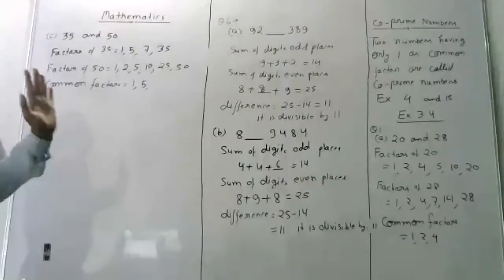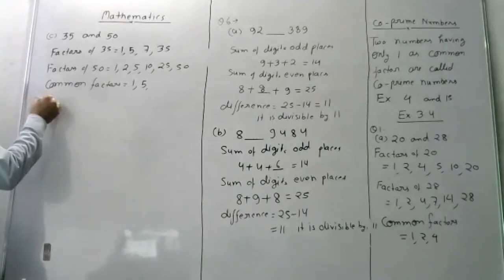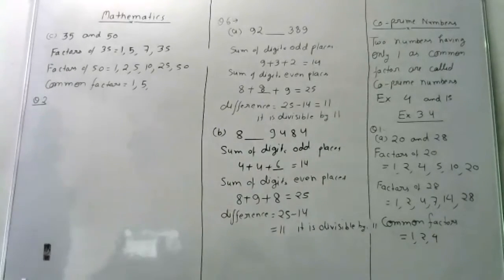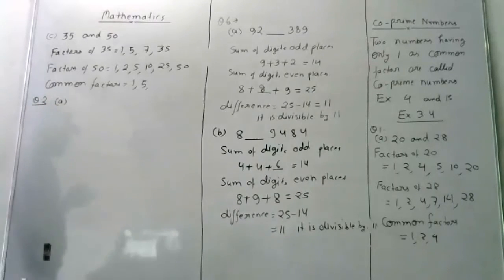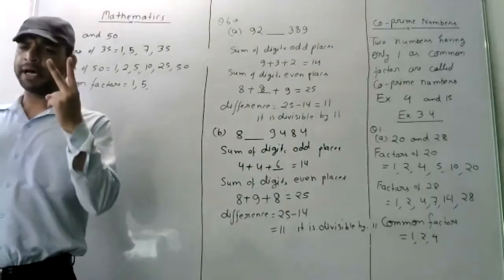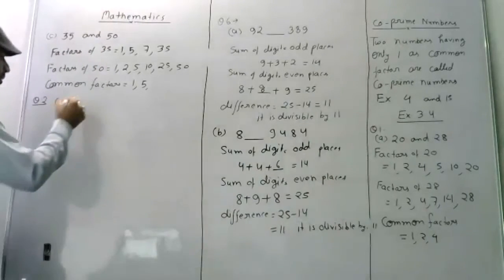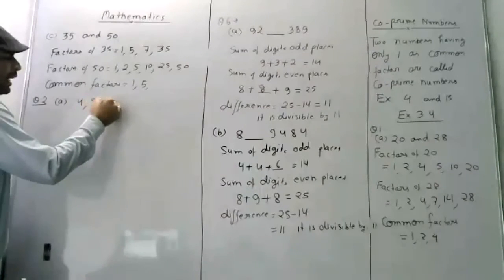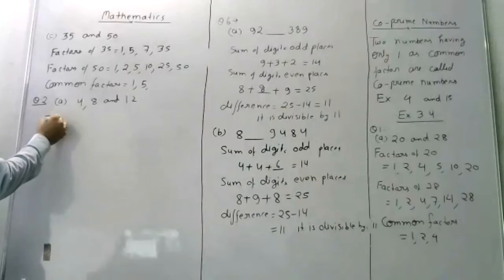Is that clear? Now students, this is the first question. Next one is question number 2. Listen, find the common factors of the given numbers. It is the same kind of question, but question number 1 has 2 numbers and question number 2 has 3 numbers. The numbers are 4, 8 and 12. So factors of